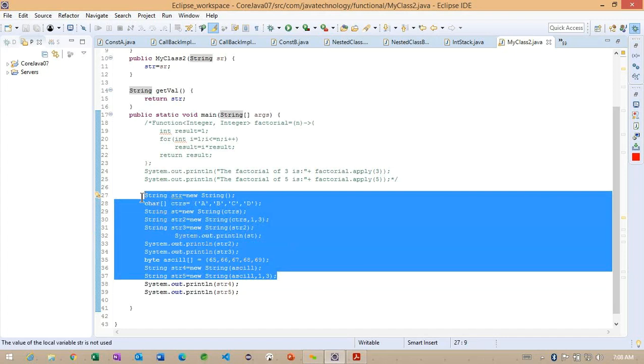After the constructors, now we are having different types of methods here. We'll check exactly what different types of methods we are going to have.